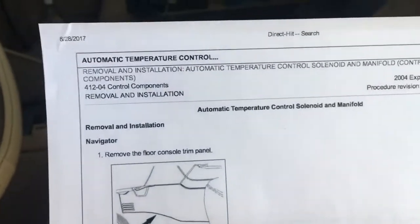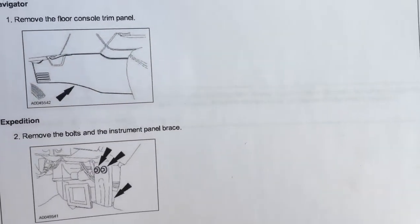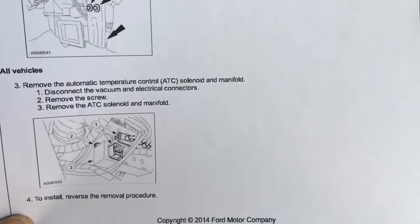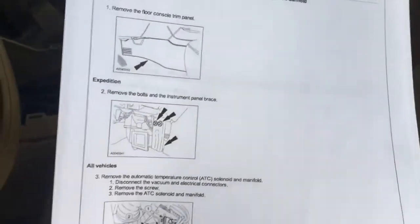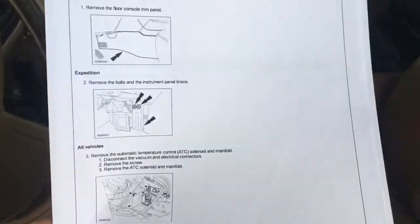pull that panel out. So there's two in the front, most likely two in the back, and while I'm looking at it, here are the brief instructions. Feel free to comment if you want a copy of these, but when I say brief, they're very brief. That's what you get right there. There's nothing else on those pages. So much for FSM status instructions. So anyways, we'll pull the seat back and then